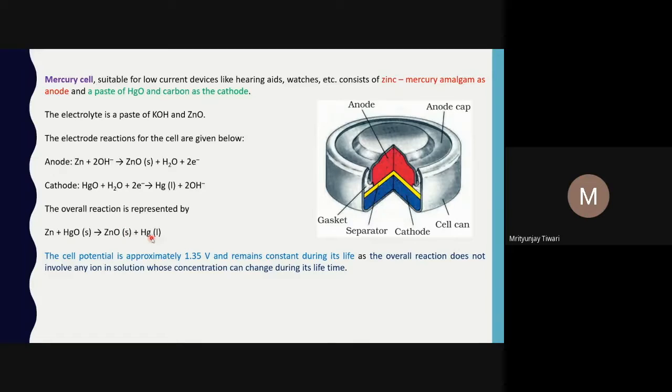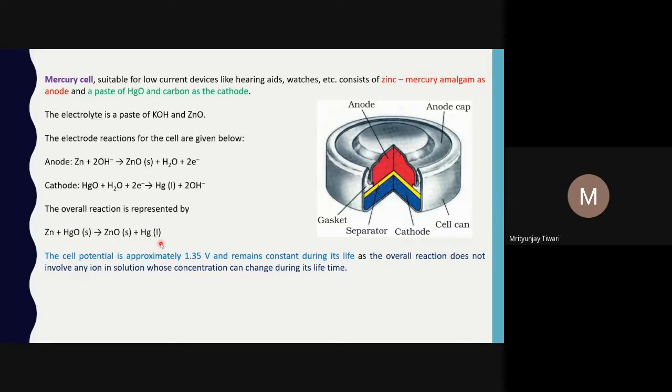So if the concentration of those ions varies, because once the cell reaction starts happening the concentration of the electrolyte will vary, the value of E will also change. So that is why the Nernst equation is given: E cell is equal to E naught cell minus RT divided by nF ln of the concentration of the product ion, the electrolyte, divided by the concentration of the reactant. And in this case, particularly the mercury cell, what you